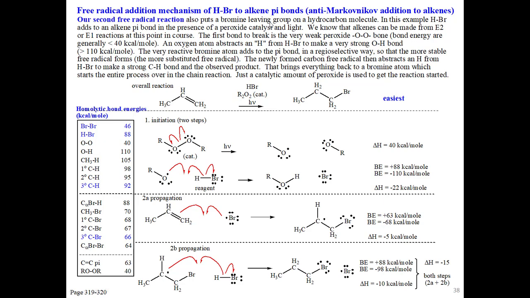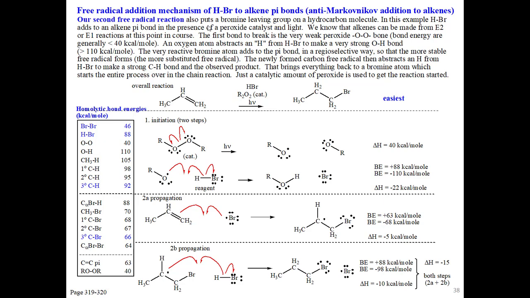We're going to be able to put a bromine at the end position, the primary position right here. This is called anti-Markovnikov addition to alkenes. Unfortunately, we haven't seen Markovnikov addition yet. That's later. But this goes on in a different way than is possible. We could put a bromine at the internal position, which is called Markovnikov addition. But that'll come later. So this is also a free radical reaction, and it occurs in a sequence of steps